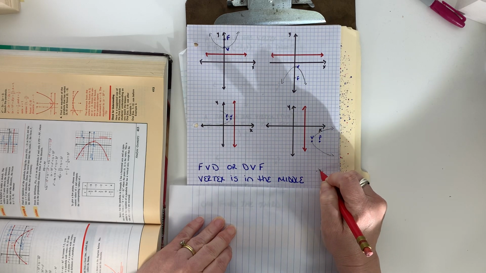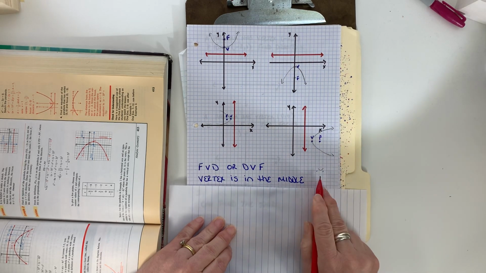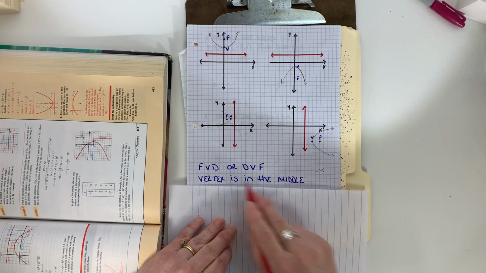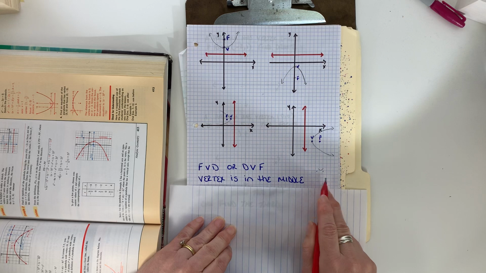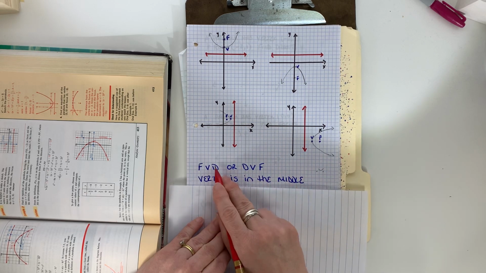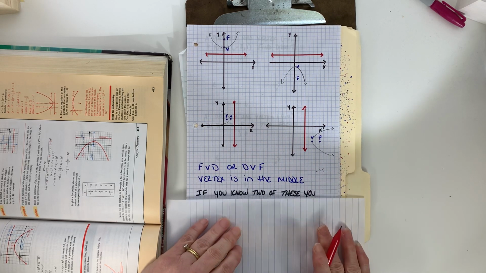when you draw a face, an angry face with those angry eyebrows. So just remember that the vertex is in the middle. It doesn't matter which order as long as the vertex is in the middle. Okay, and